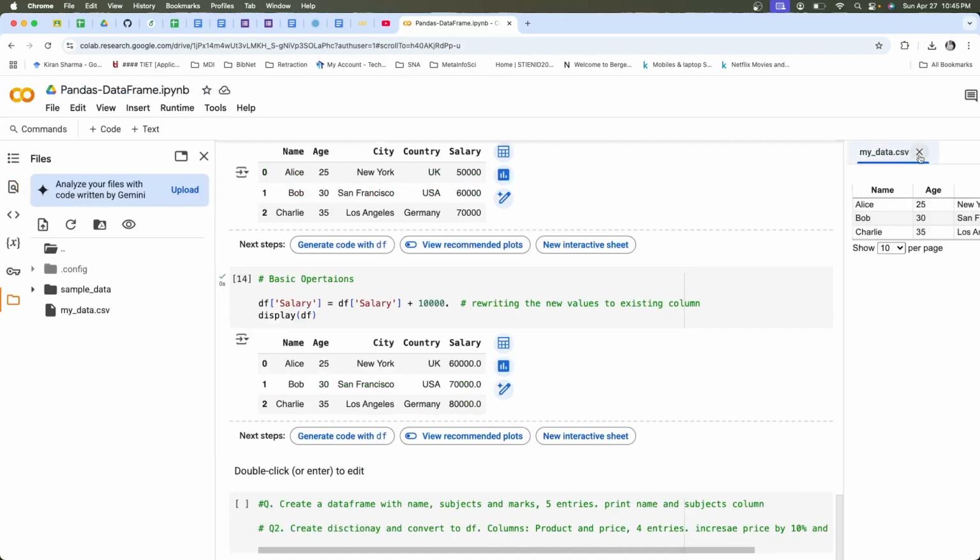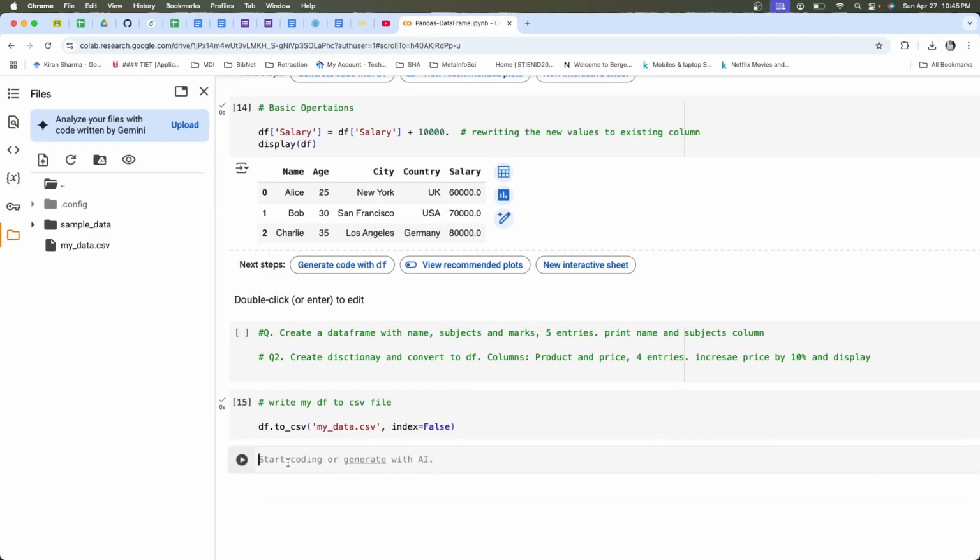So this is my file, and if I want to read back my csv file, what do I need to do? Let's say I take any variable, pandas dot read underscore csv.